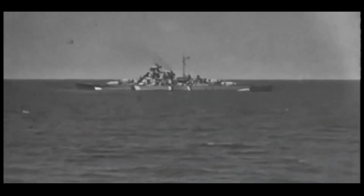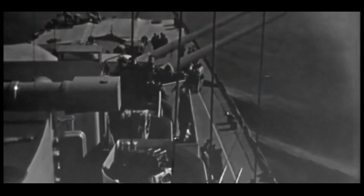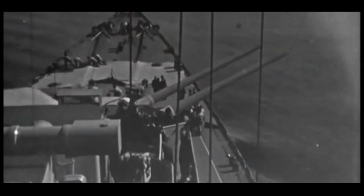Before sinking the Bismarck, the situation in the Atlantic was dire for the Allies. German U-boats, or submarines, were wreaking havoc, successfully sinking large numbers of merchant ships that were critical for supplying Britain and other Allied countries with food, fuel and other essential resources. The loss of these ships threatened to cut off Britain from the rest of the world, making it vulnerable to